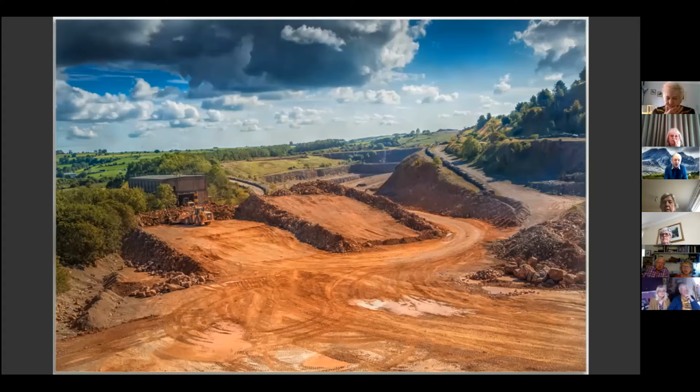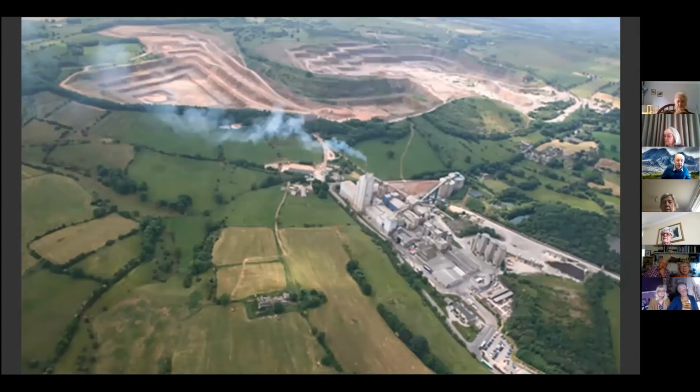So I thought I'd just get one or two shots of the blot on the landscape, which may not be the sort of Peak District that we want to see, but I guess that you have to have some industry, and they've got to take advantage of the limestone for their cement. And that's how one of the